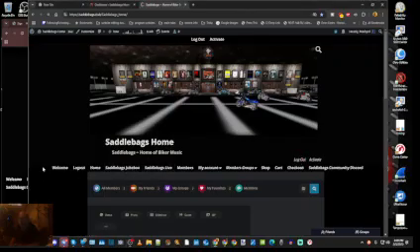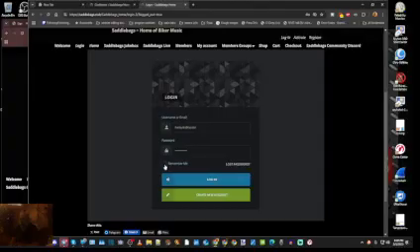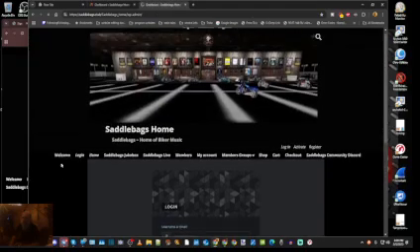Okay, when you go to saddlebags, the first thing you have to do is log in. Now, there's a couple people saying there's different ways that they're being told to log in. I log in right here. I just click remember and log straight in. You can create a new account if you do not have an account. Once you log in, you will land on